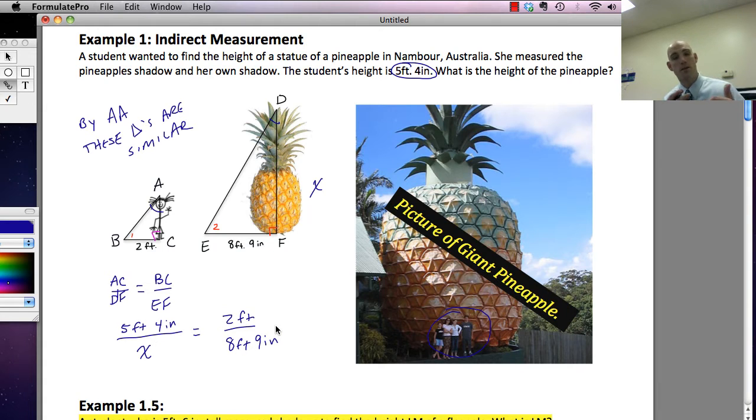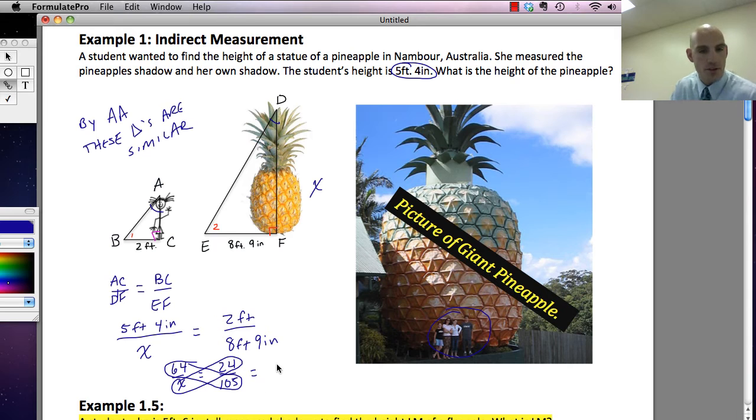Here's part of the problem. Part of the problem is we're dealing with feet and inches. So let's convert these. This is going to be 64 inches over x number of inches is equal to 24 inches over 105 inches. One of the hardest skills to master with similar triangles is dealing with which ratios go with which. So when we solve this,